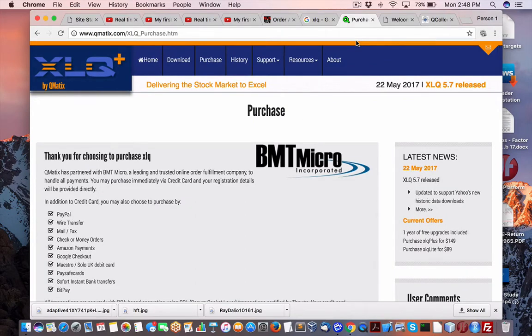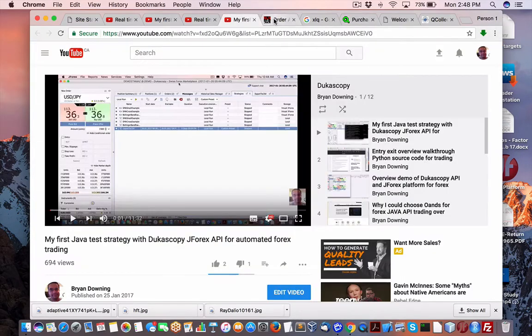But again, these are for IQFeed. So again, build out your strategies, test your strategies in Python, and then you can roll them out into Dukascopy. There will be some discrepancies between the pricing data from Dukascopy, let's say, or wherever else. But these are really good tools to work with.